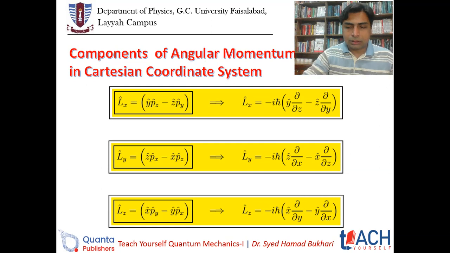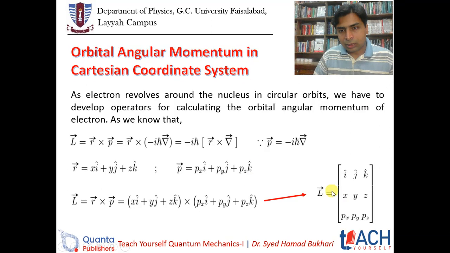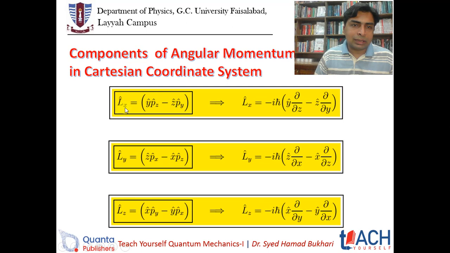So from that determinant, as you can see here, when we solve it for i and then we solve it for j and then we solve it for k, we will get these values: Lx is equal to ypz minus zpy, Ly is equal to zpx minus xpz, and Lz is equal to xpy minus ypx. अब इसमें आप देख सकते हैं कि अगर आप x कंपोनेंट को कैलकुलेट कर रहे हैं तो y और z कंपोनेंट, y component of position and z component of momentum वो इंटरचेंज हो रहे हैं एक दूसरे से,